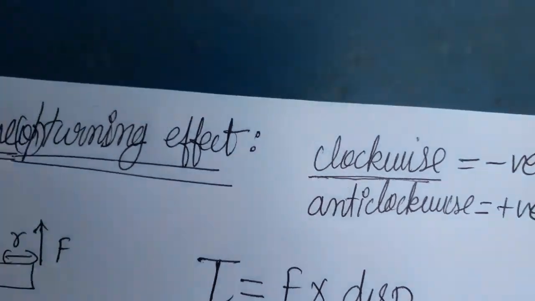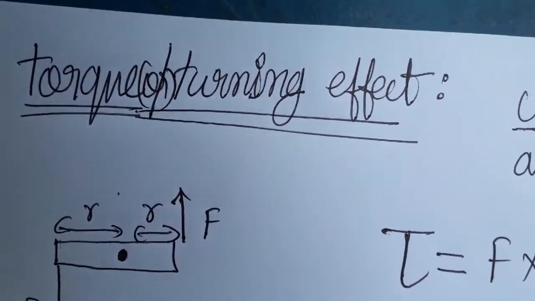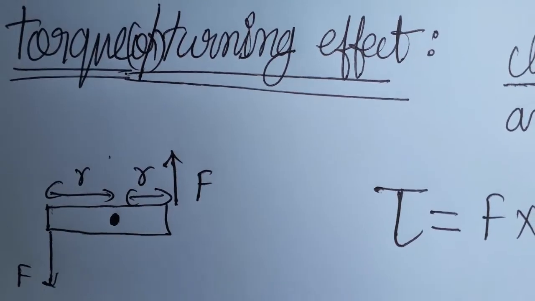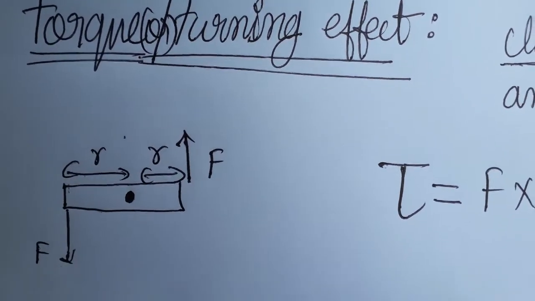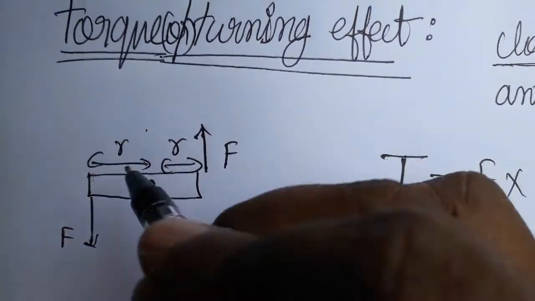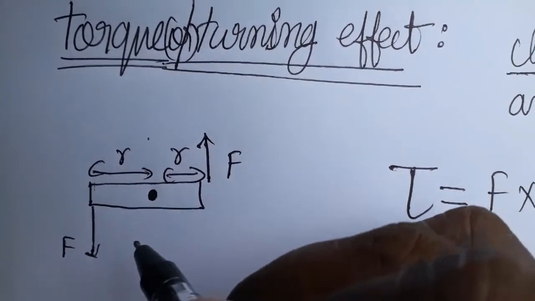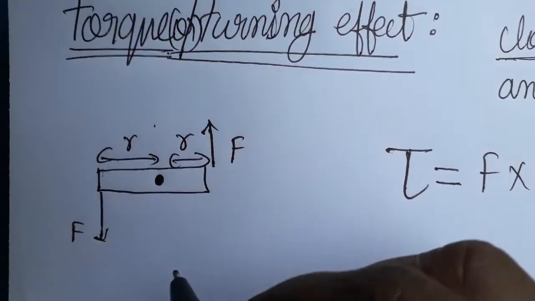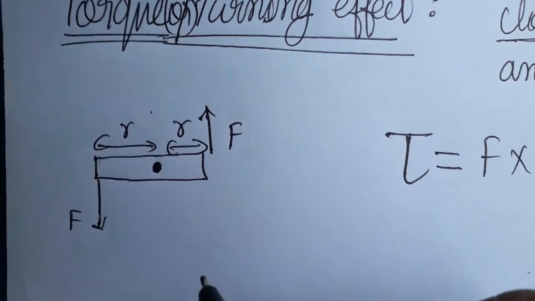See here, what is torque, the turning effect? The object has to rotate about a fixed pivot point. It is a fixed point, and the object is going to rotate. Here there are two kinds of torque. One is a door, and another example is a pen cap.